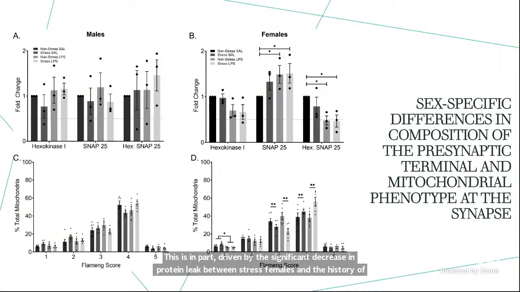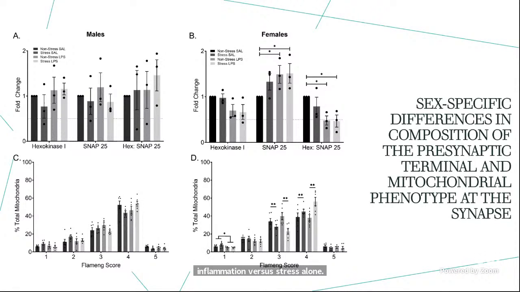In males, there is no significant difference in relative number of mitochondria, presynaptic terminals, or number of mitochondria within each presynaptic terminal, as determined by Western blots, shown in Figure A. Although there is no significant difference in mitochondrial number in females, results display a treatment-specific difference in presynaptic terminal number and ratio of mitochondria per presynaptic terminal, as shown in B, with the LPS-treated females displaying an